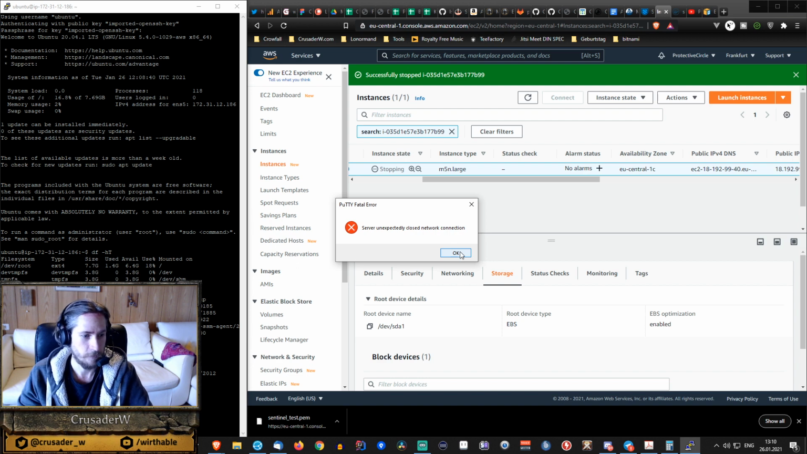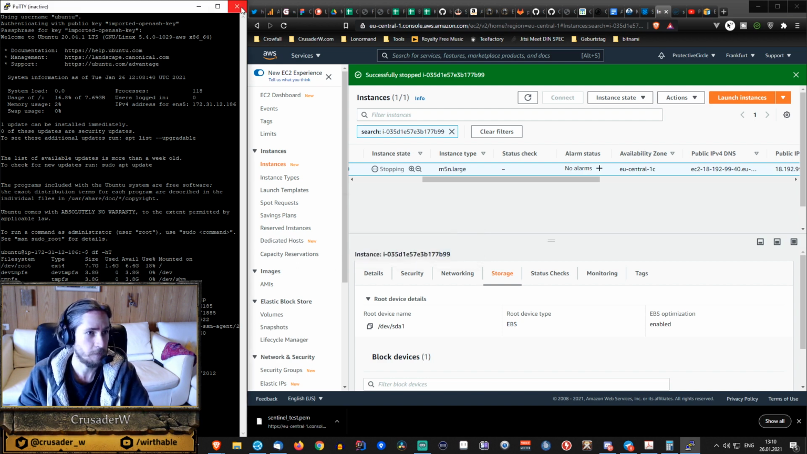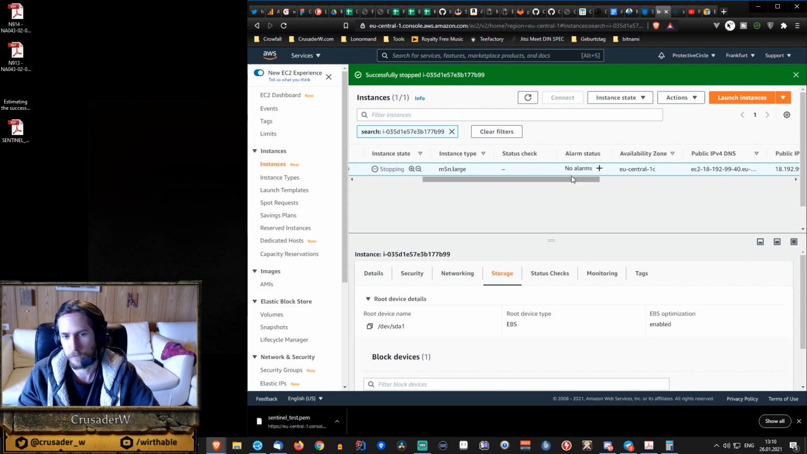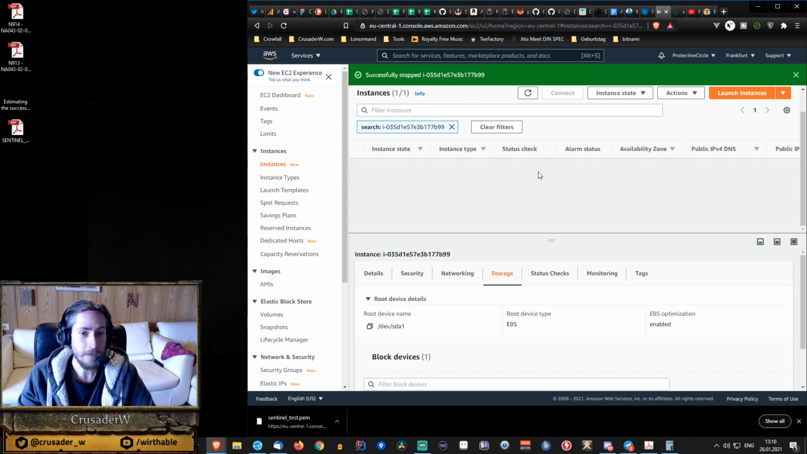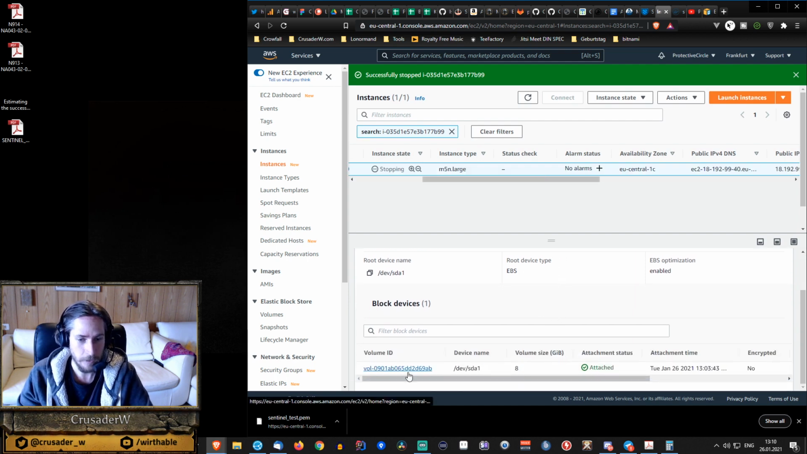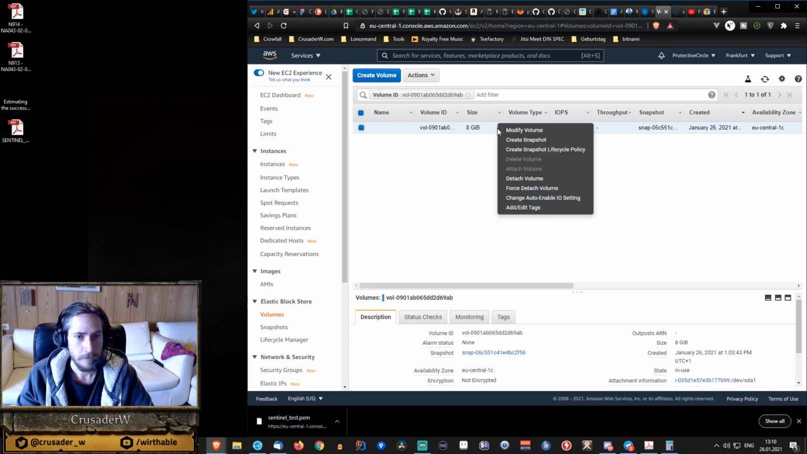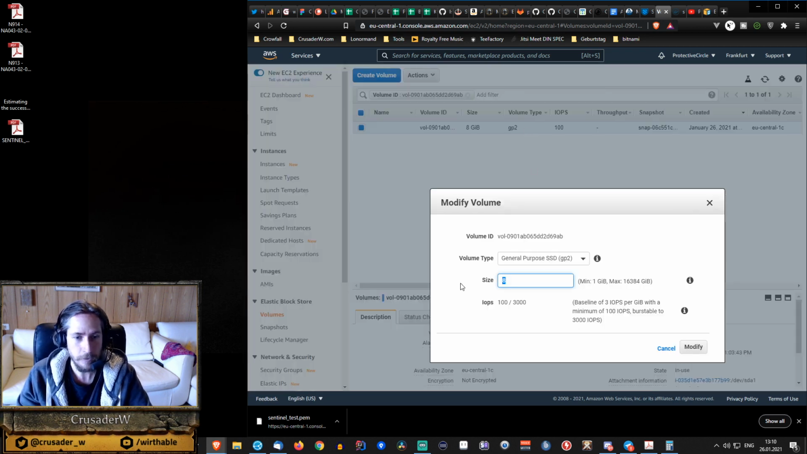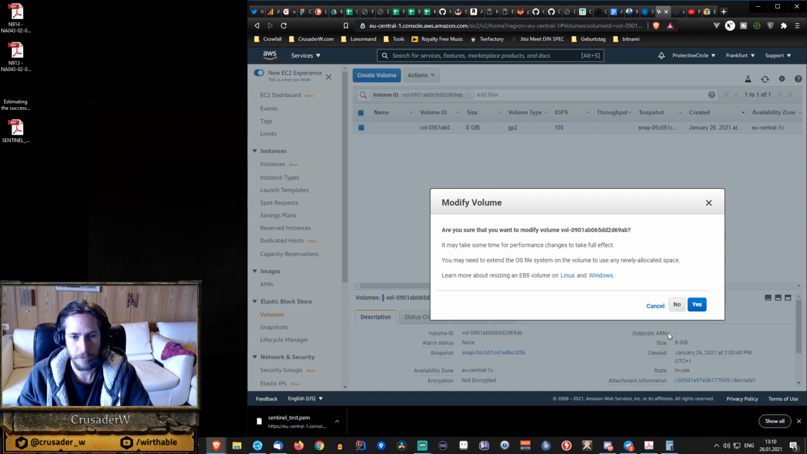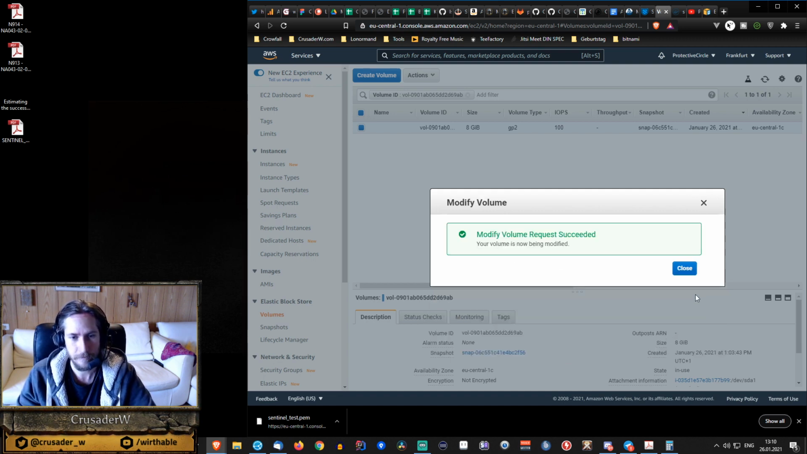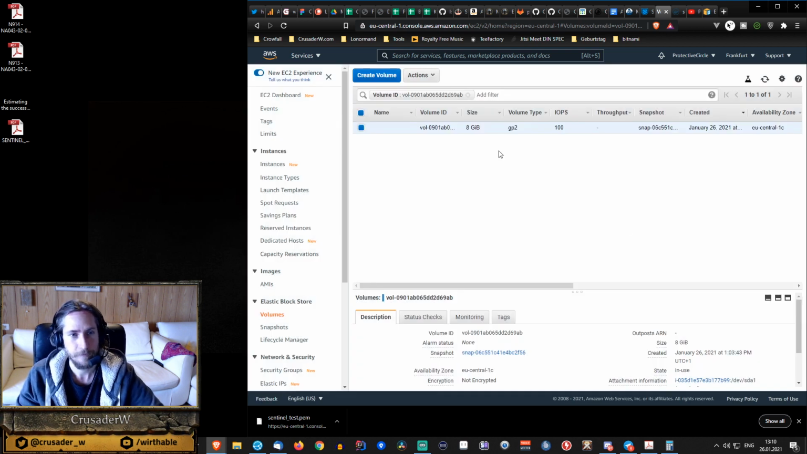So, okay, then of course our connection got closed. This makes sense, so we can close PuTTY because the server is not running, so we can't maintain an open SSH connection. And then once this is shut down, we can go down here, go to the volume, right-click it, modify volume, and increase the size to 20 gigabytes. Modify, yes, close. Let's refresh this so we can see that it's actually,